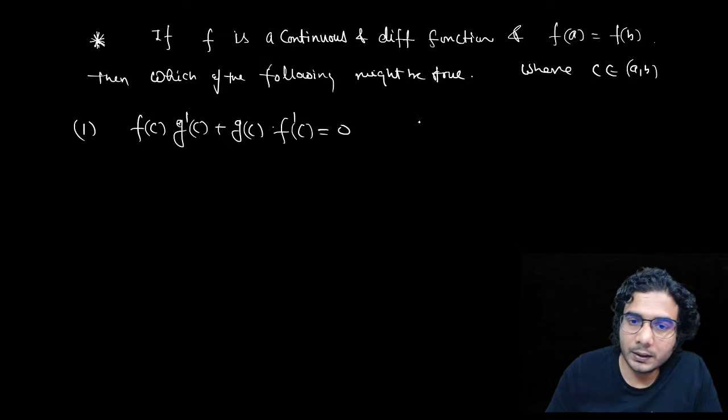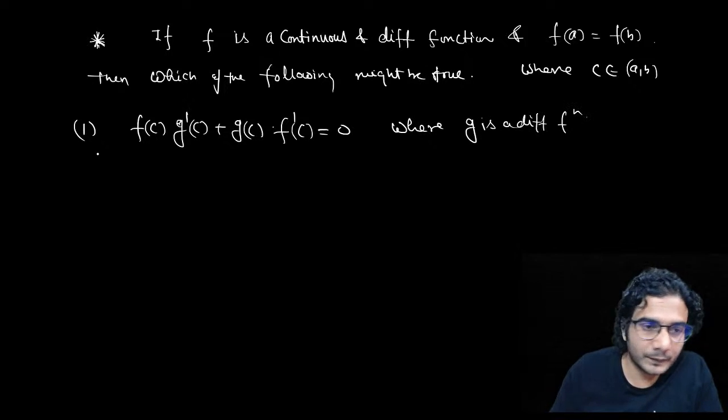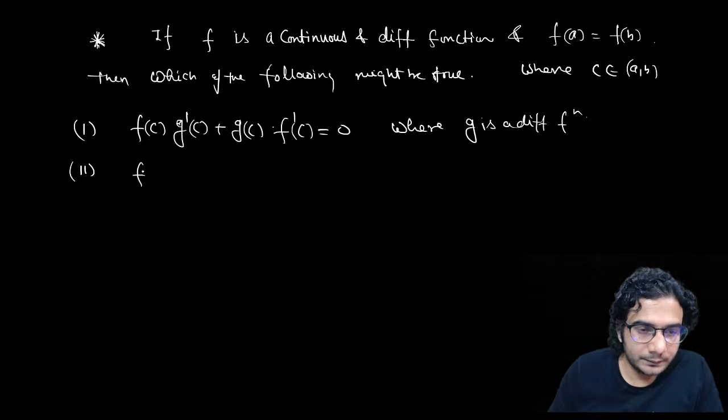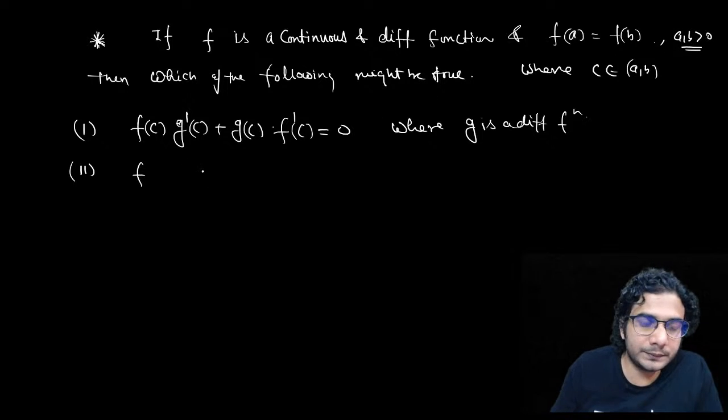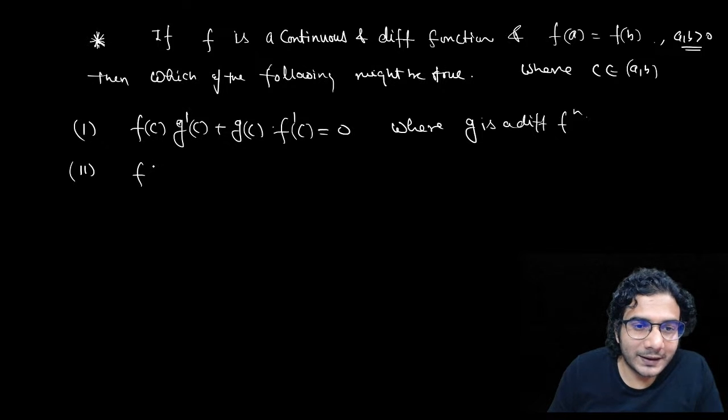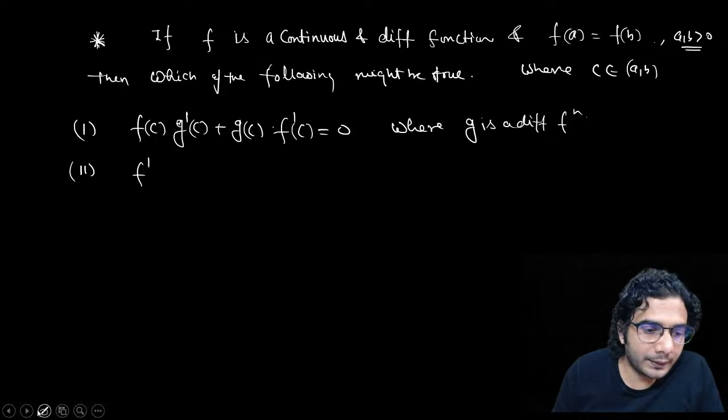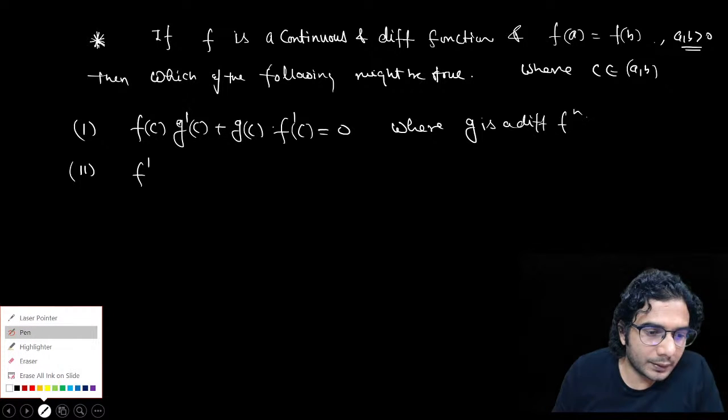In this option g is a differentiable function. And one more thing I need to add, that a and b are more than 0. So now my second option is f dash, sorry,